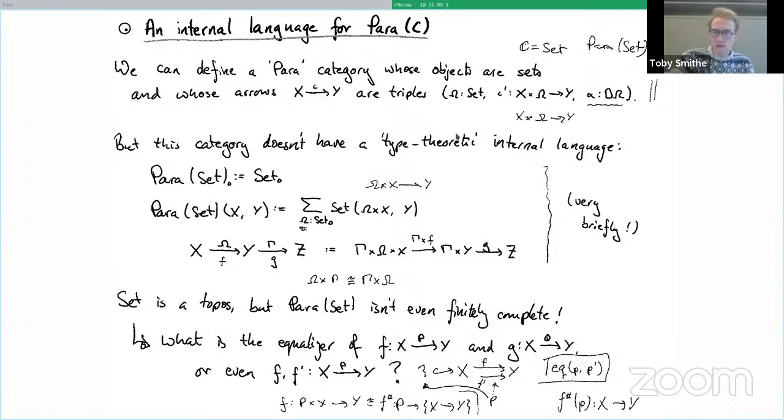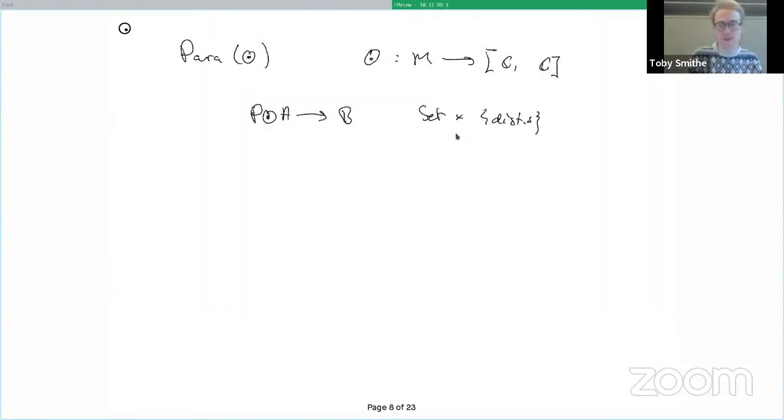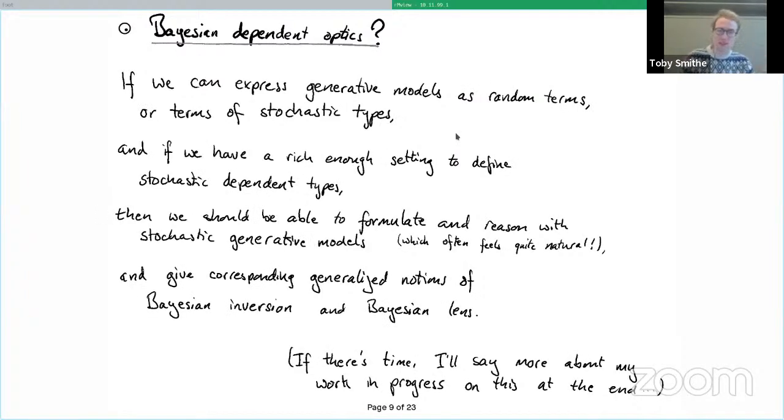Are we right that we don't have to worry that Toby's come up with a different para construction and now we've got two to worry about, because you have something like a category of states like the coastline unit? Yes, exactly. So that's what's going on here, this coastline thing. We will see this in a minute. I want to get on to the actual construction. As I mentioned, there's this Bayesian dependent optics thing, which, given my technical problems, I might not have time to get onto. But I'll skip past this and move on.